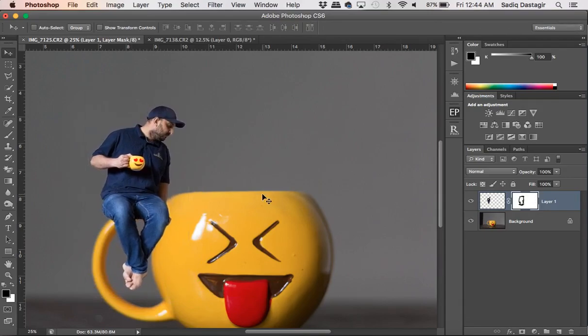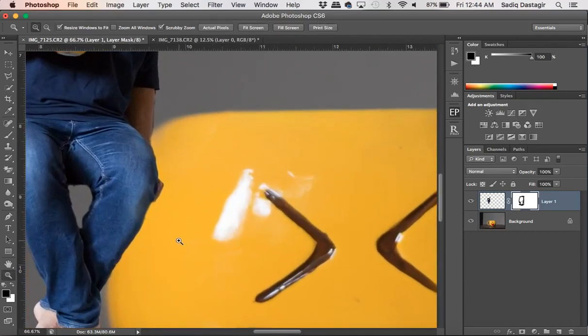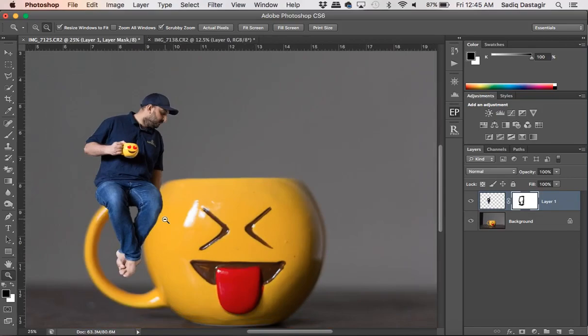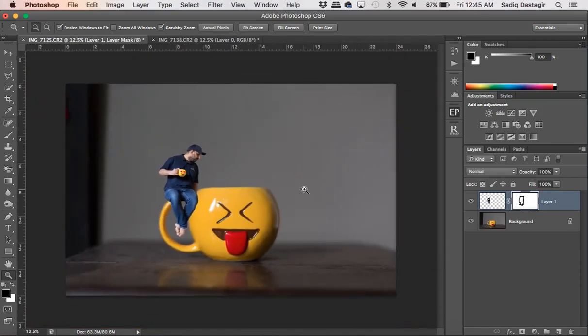What I'm going to do is, I don't want to show my hand here because it isn't looking very appropriate. I've hidden it. Here we go. I think more or less the proportion is there. Now the thing is, it is looking as if I'm peeping into the mug, but however, it is looking unnatural because there is no